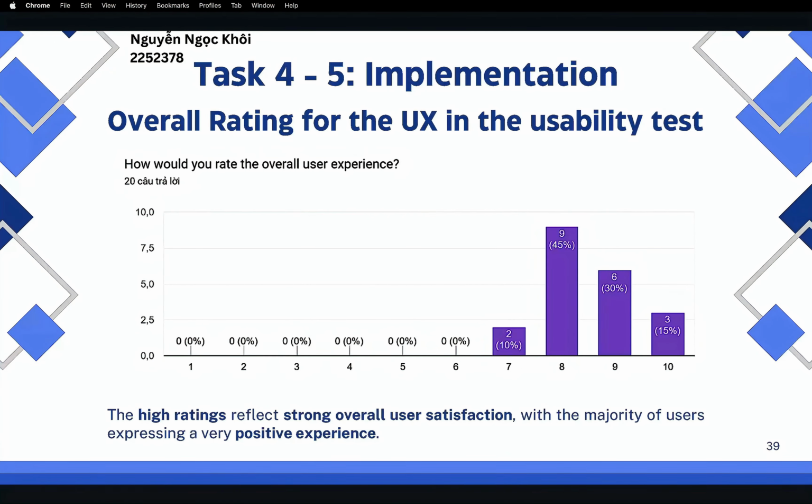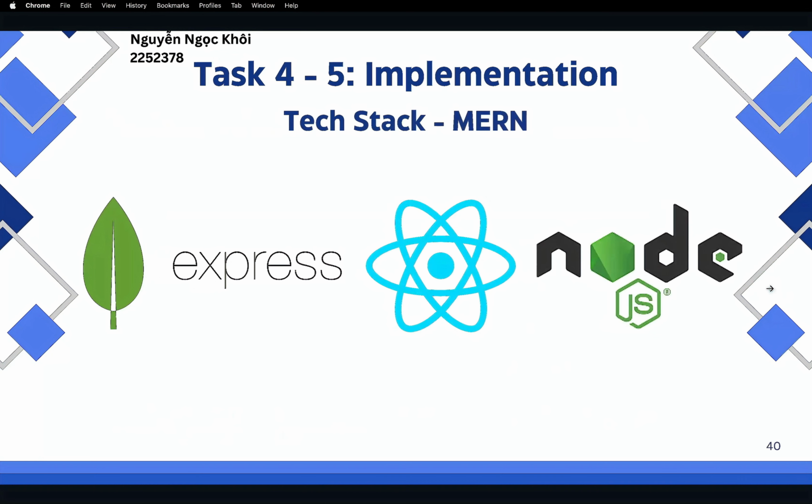During usability tests, we ask users to rate overall UX, and the result is positive with most of the users rating from 8 to 10. For tech stack, we use MongoDB for flexible NoSQL database, Express Node.js for backend logic and API integrations, and finally React for dynamic and interactive